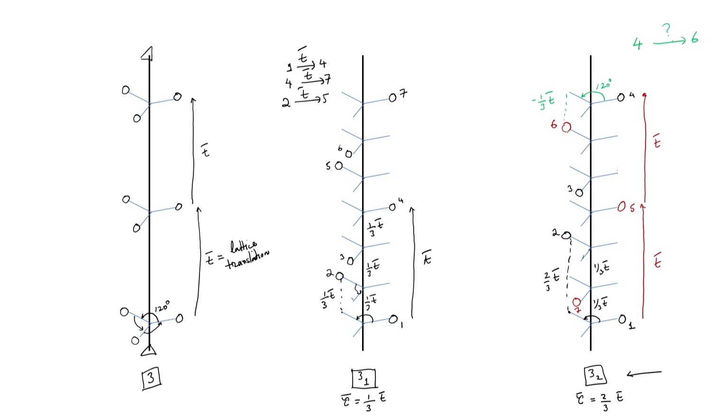6 to 3, I rotate 120 degrees, I come here and then I go again by minus 1/3 t. And you will notice that you can keep doing this and you will keep going down the screw axis. So, in one case, in 3 sub 1, when you are giving that same rotation, you are going up the screw axis. In this case, you are going down the screw axis, or you can say that the two screw axes, their helical paths are opposite to each other.